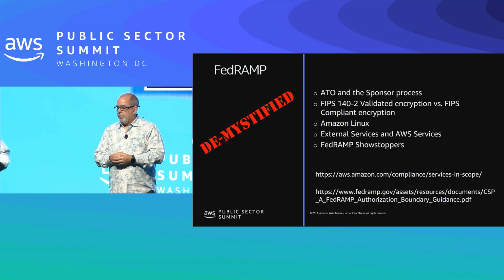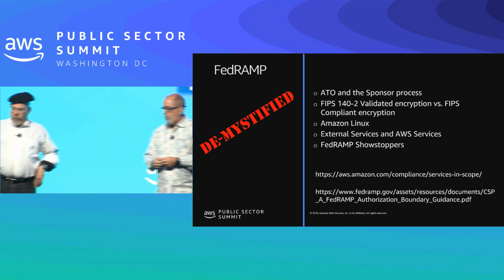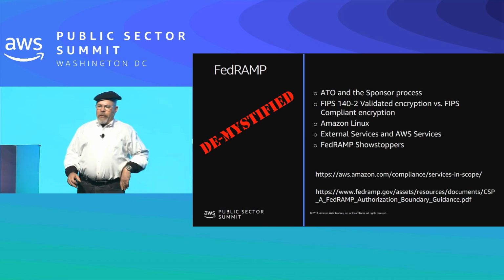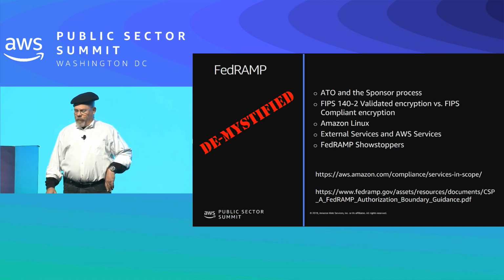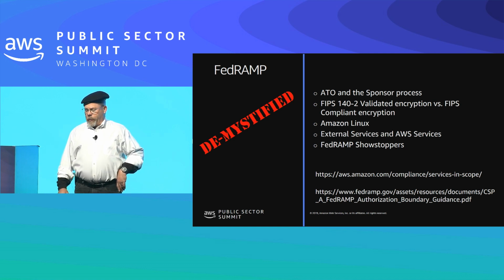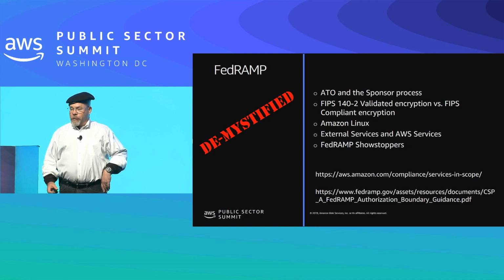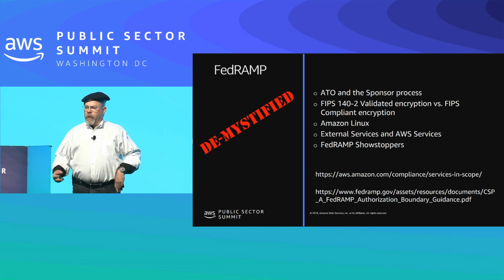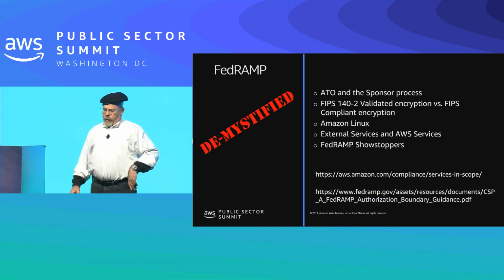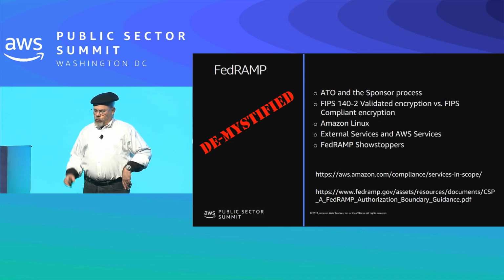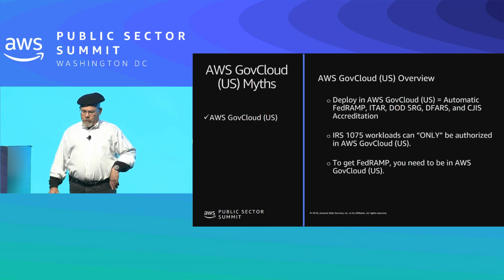I think I kind of covered most of these, right? I think we're good here. And once again, these links at the bottom are something that you can follow to learn more. My go-to link is aws.amazon.com/compliance. And I also like to use the partners page, looking at the marketplace, because there's a lot of third-party products that address controls and security needs that are found within the marketplace and our partner community. So those are all good places to look for information.